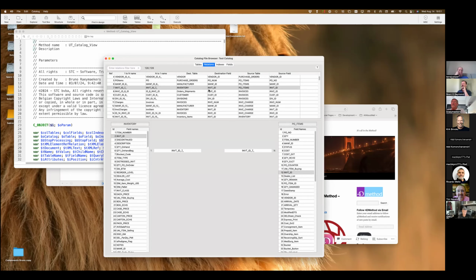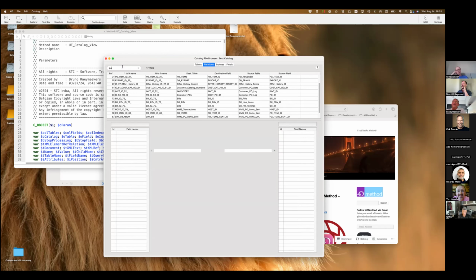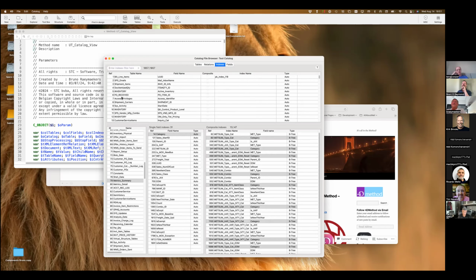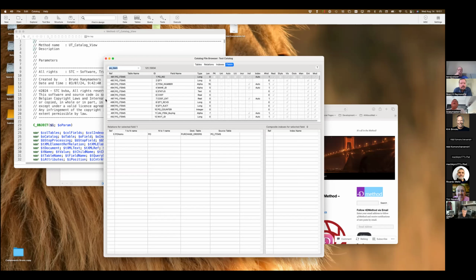It basically filters on all 6 fields at the same time, and any of the columns that have the content that you type will come up in the filter list. Same thing for the indexes. In the indexes, we filter on the table name, the field name, and the index name. And on the fields, we filter on the field, the table name, the field name, and the field type. So if you would want to see, for instance, all the Boolean fields in your database, this is the list of them.